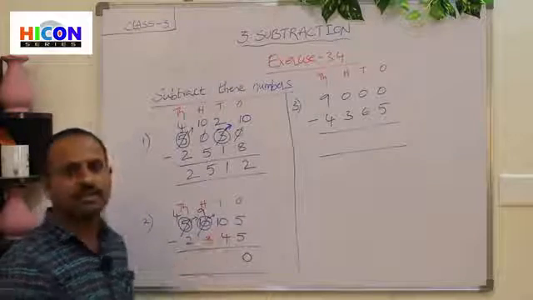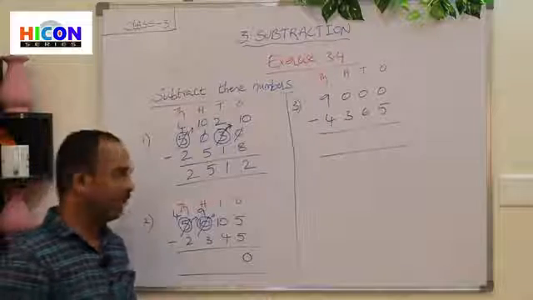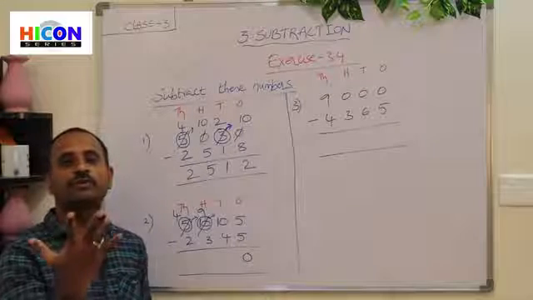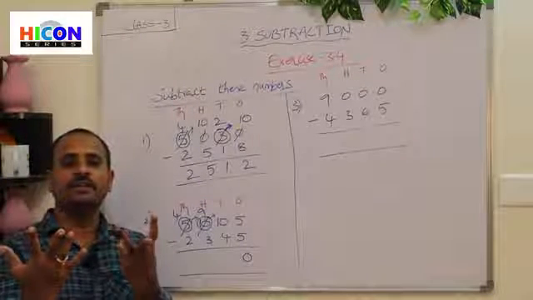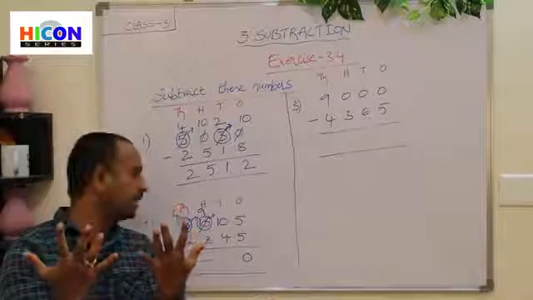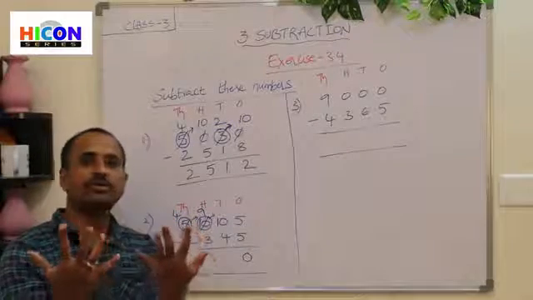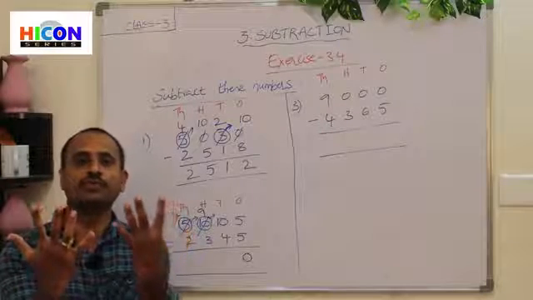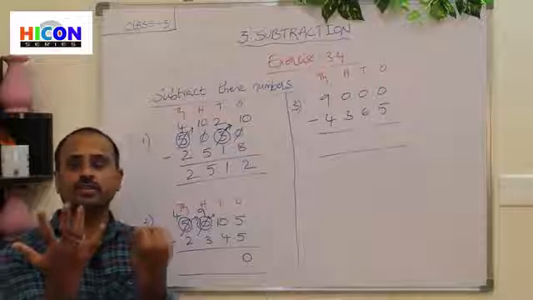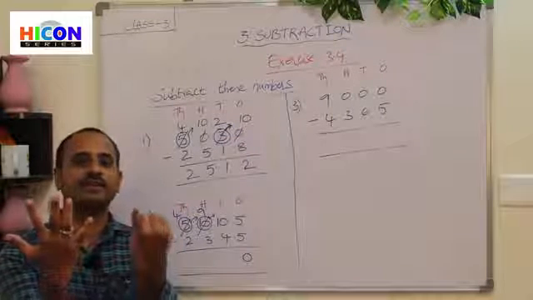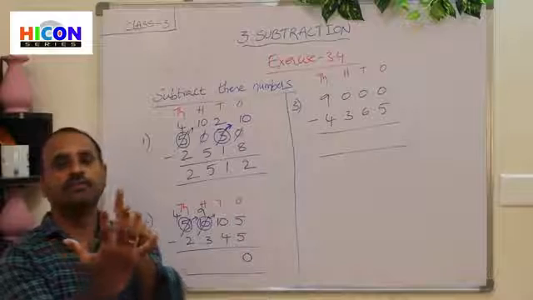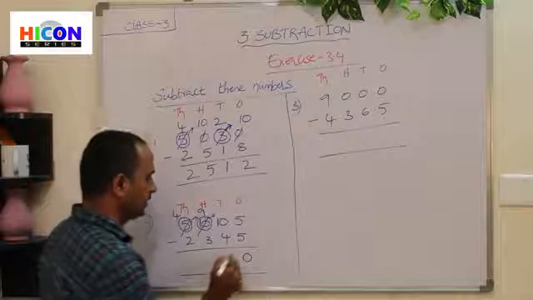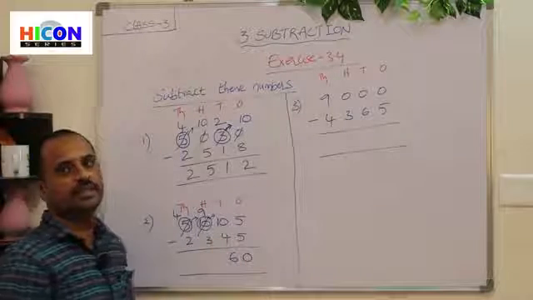So the first number is 10 and the second number is 4. So open 10 fingers of your hand. 1, 2, 3, 4, 5, 6, 7, 8, 9, 10. These are the 10 fingers. What is the second number in tens place? 4. So close 4 fingers among these 10 fingers. 1, 2, 3, 4. Children, how many fingers are remaining? 1, 2, 3, 4, 5, 6. So total there are 6 fingers in the tens place. So write 6 in the tens place.